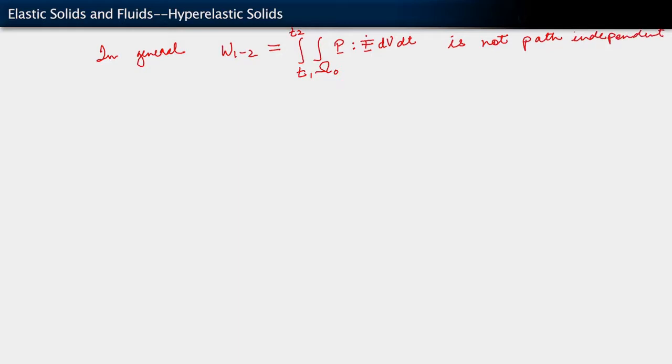And this is important, because if you just say that P equals G of F, and leave it at that,